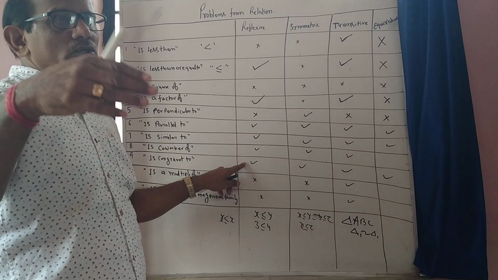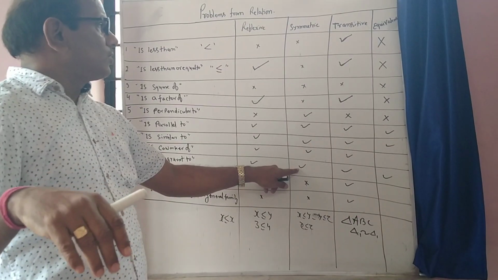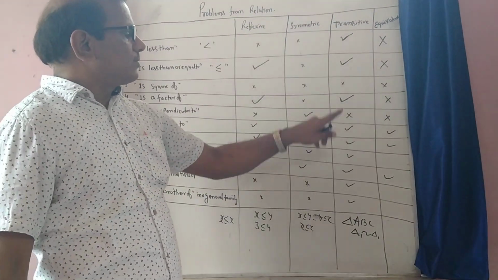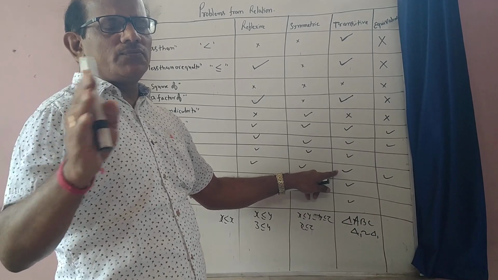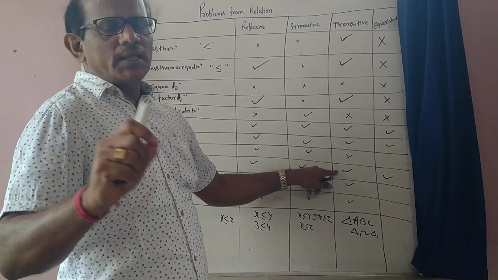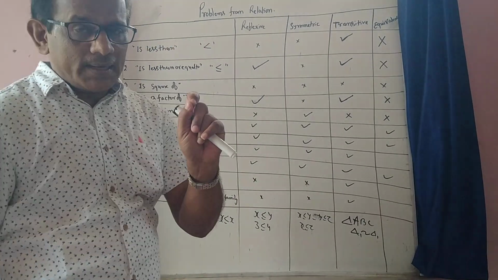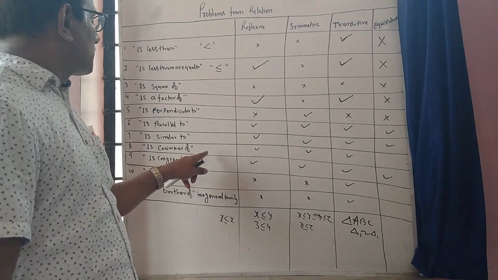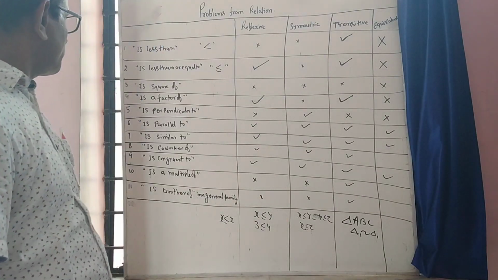If one triangle is congruent to another triangle, then the second triangle is also congruent to the first triangle. So congruency is a symmetric relation. Transitive: three triangles taken, the first is congruent to the second, the second is congruent to the third, then the first is congruent to the third. Then it is transitive. At the end, in a changing paragraph, you should write: since the congruency relation satisfies all three conditions, it is an equivalence relation.